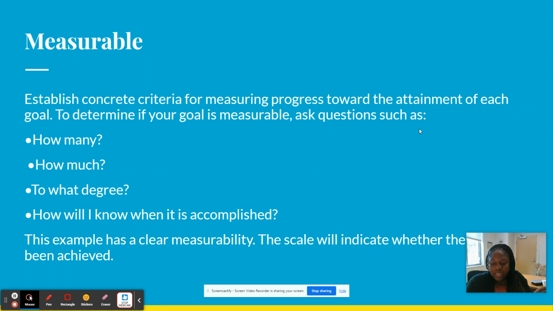What are some of the indicators of that? So what is the evidence that shows that I have achieved this goal? Whether it's a reflection, a chart, something that you've created, how would I know that I've measured it? What can I look at? What evidence can I bring to show that this goal was measurable and I was able to meet my expected